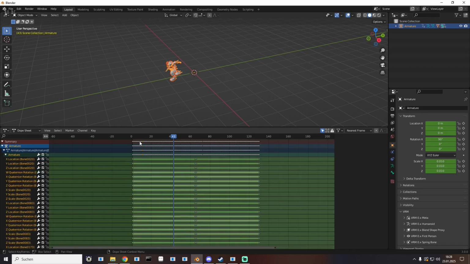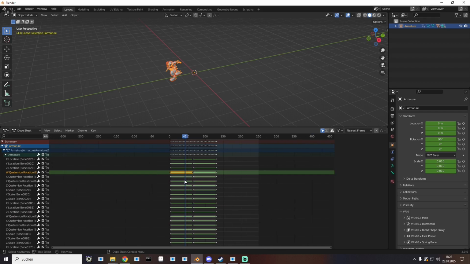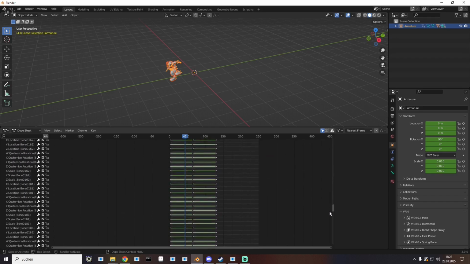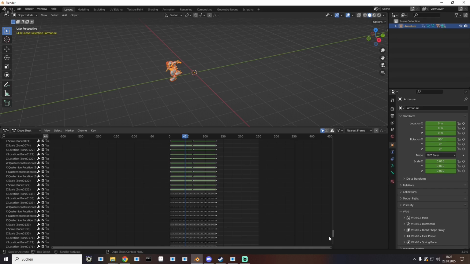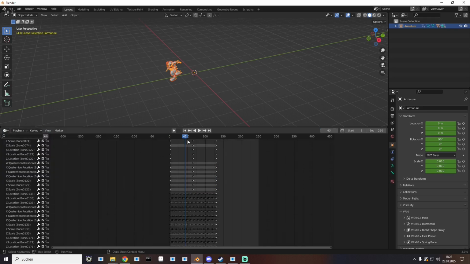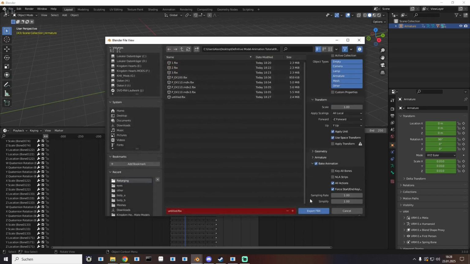There. Each keyframe here has also a keyframe in other things. You go down, you see there are a lot of keyframes. You can remove keyframes via the dope sheet or the graph editor, how many you want, to make the animation smaller itself, or you can also just export the animation with a sample rate of 2 or 3,